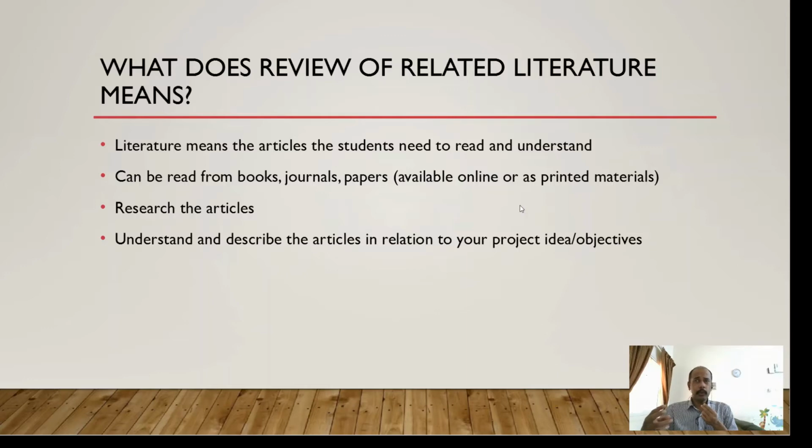So in this chapter 2, what you do is that you analyze these particular articles, these papers, and then you will try to relate them to your topic, and then your project will become more meaningful. So this will be like the first experiment of any research project. So in chapter 1, you discussed the introduction, what are the objectives, you created a small abstract of all those things, okay, and then you understood that this is my limitation, this is my domain, this is my area, and then you go to chapter 2 and you analyze all the different papers, the different journals, the different books which are available on the same topic.